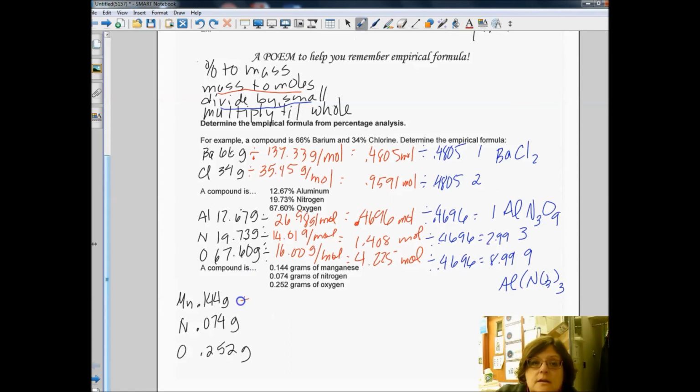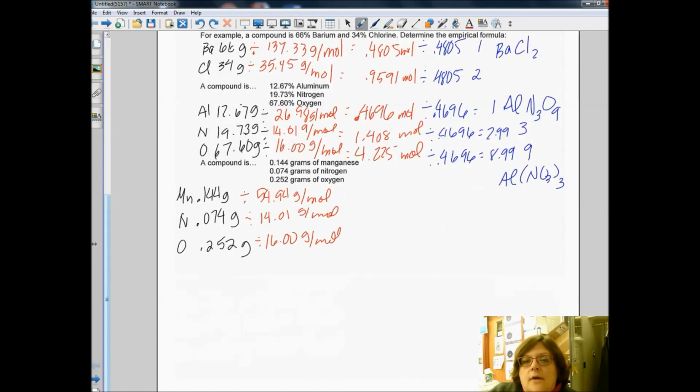It's done. Now we're going to divide by the molar mass. Manganese is 54.94 grams per mole. Nitrogen is 14.01 grams per mole. And oxygen is 16.00 grams per mole. That's going to give us